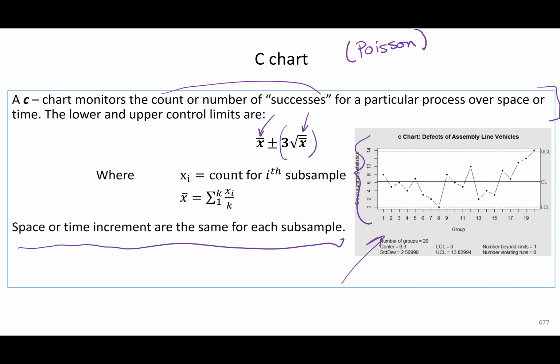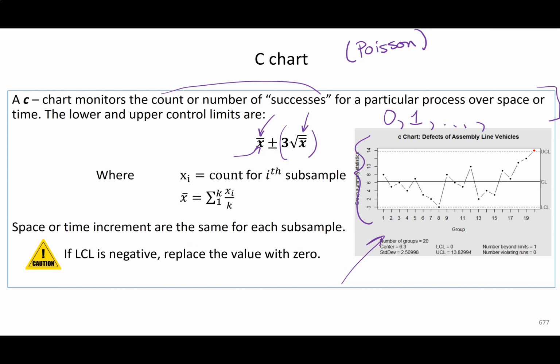Note that these are counts now, and the counts have to go from 0 on. It can go on forever and ever. They're integers. The averages don't have to be integers though. Once again, if our lower control limit is negative, replace the value with 0,